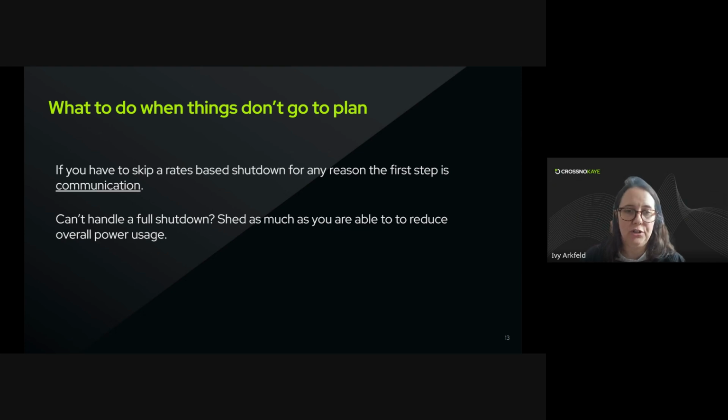If you can't handle a full shutdown, it is typically best to shut down as much as you're able to reduce overall power usage. So if this is an ongoing issue, I always recommend making a configuration change so that you don't have to manually intervene ever. But if it's a one-off situation where, say, last night the system high leveled, it went down